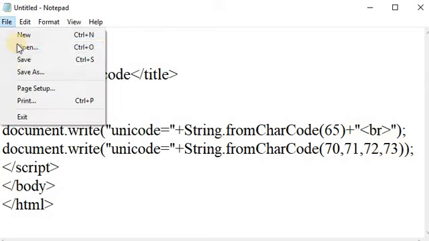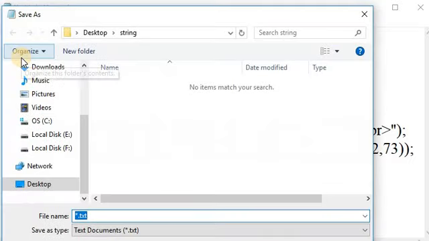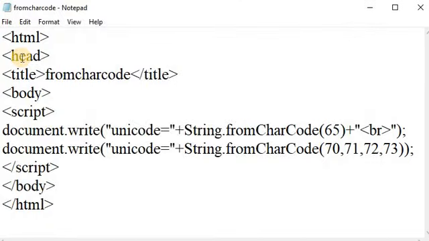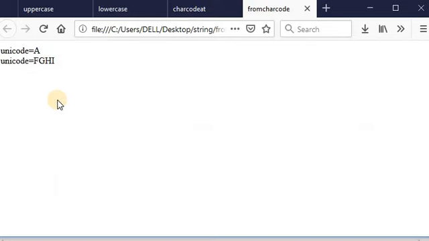Save this file with HTML extension. And see the output of this program. This is the output of our program, that is A and FGHI.